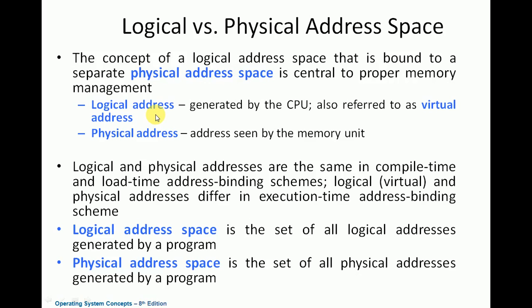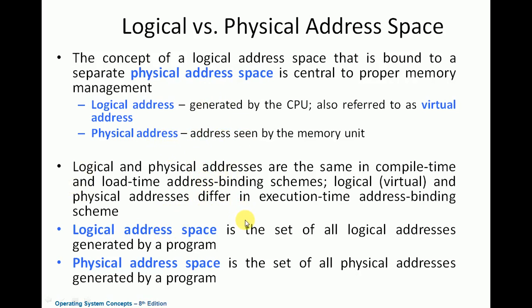The logical addresses are generated by the CPU. They are also called virtual addresses. The addresses generated by the CPU to access the program instruction from the main memory are called logical addresses. And the physical addresses are the actual addresses seen by the memory unit. These are the addresses for the program instructions which actually exist in the main memory. Whatever logical addresses are generated by the CPU must be translated to physical addresses to actually access the program instructions from the main memory. Later on we will study how that address translation can be done.